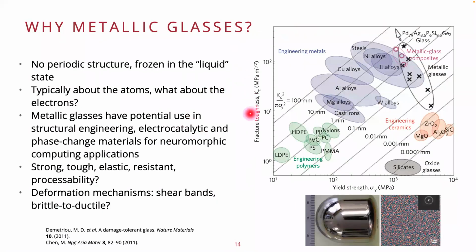Right here on the right-hand side, it's a log plot between yield strength on the x-axis and toughness on the y-axis. One of the reasons there was a lot of interest in metallic glasses, as you can see on the top right-hand side, is that these systems are not only strong, but they're actually tough. There are other benefits of having metallic glasses, as you would see in more polymer science applications, that you can actually injection mold